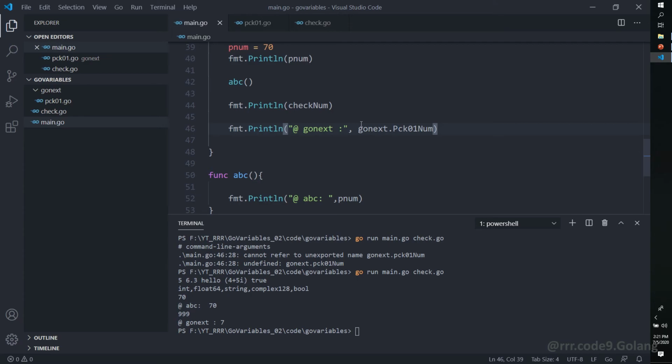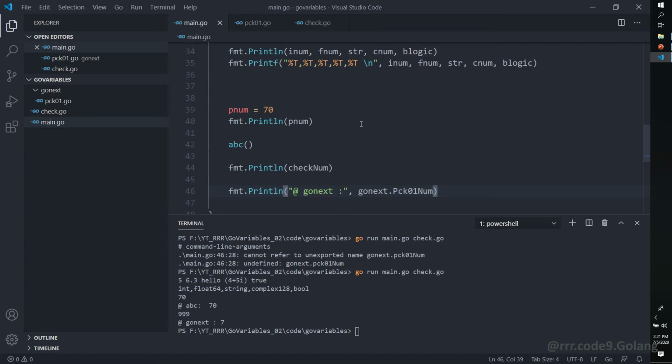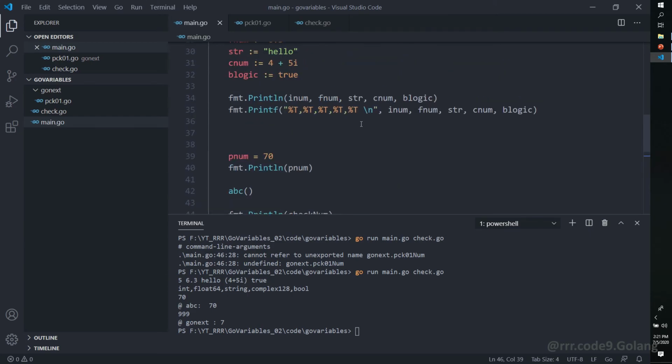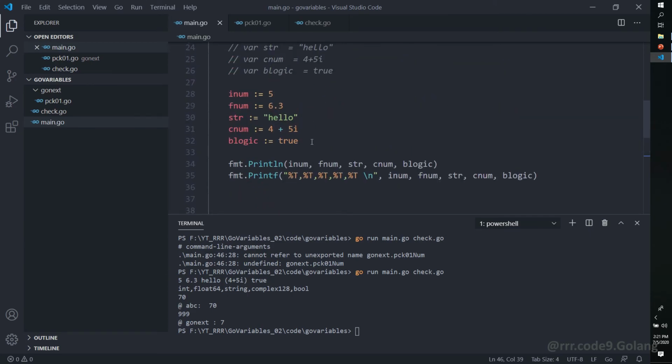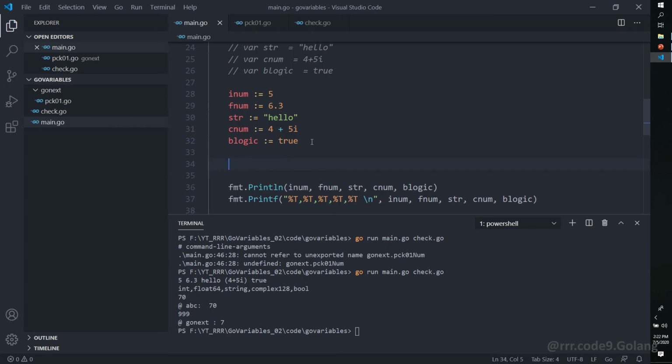Now you can understand how we can define variables, how we can initialize variables, and how we can access variables from different files under the same package or from a different package. So let's say we define a constant here, const pi equal to 3.141.